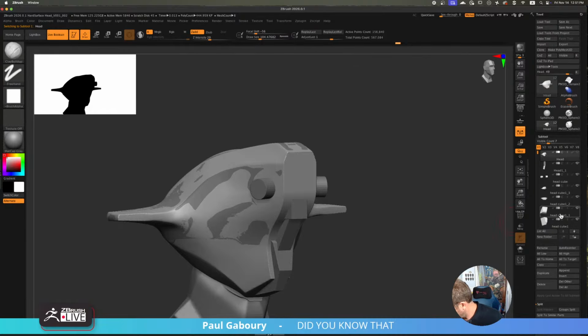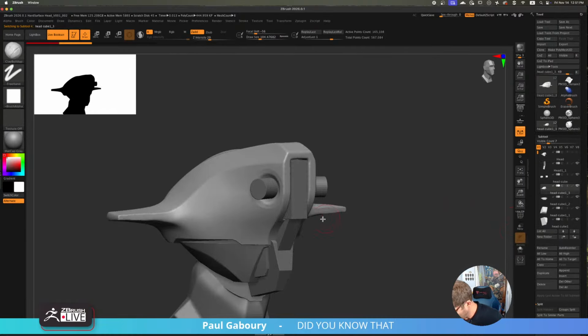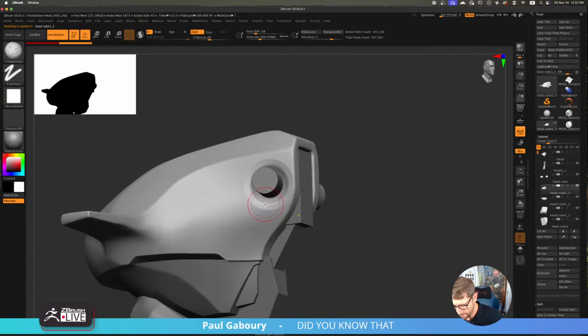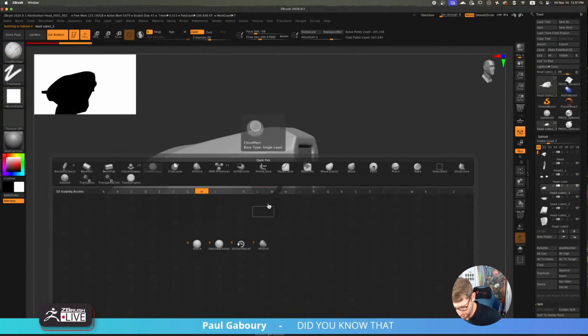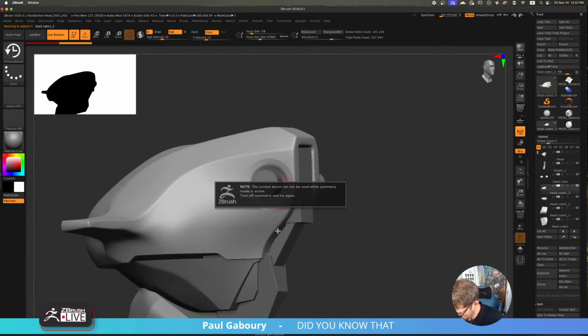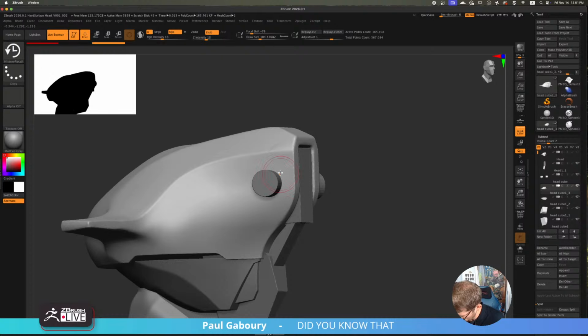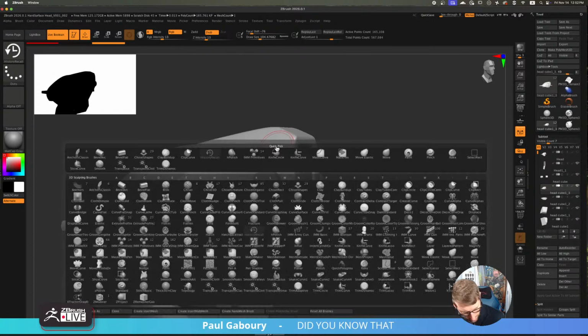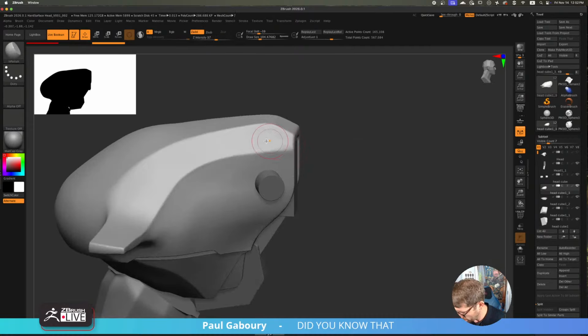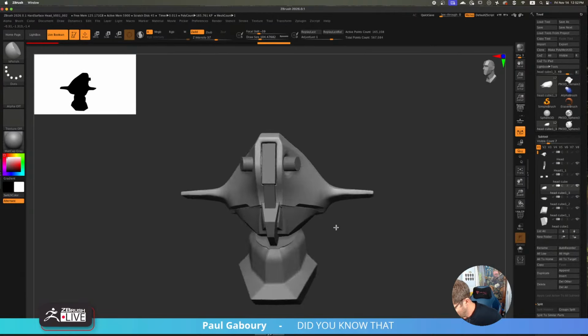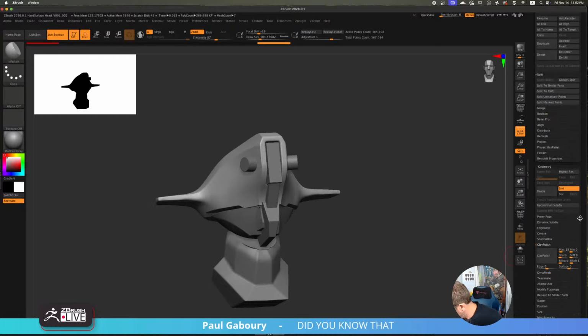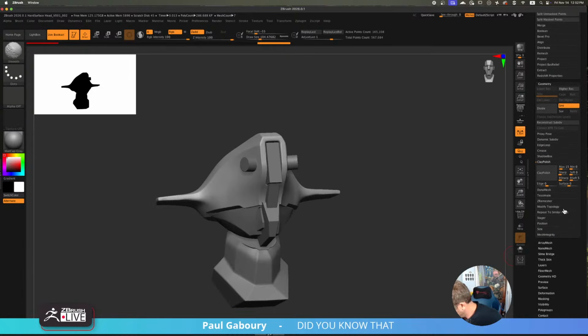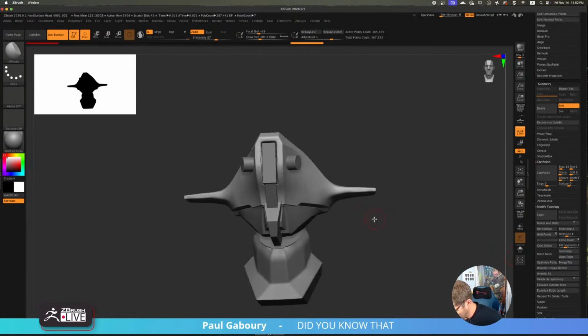Let's go back into this, and brush history. Okay, don't want symmetry on. Let's bring that shape back a little bit again. Let's polish that off. Okay, and then let's do mirror and weld because I didn't do the other side.